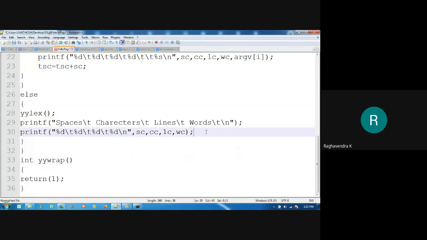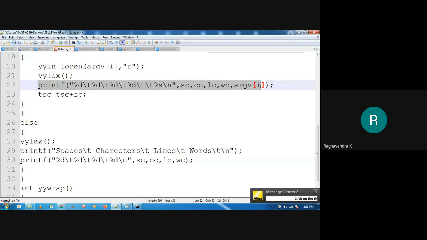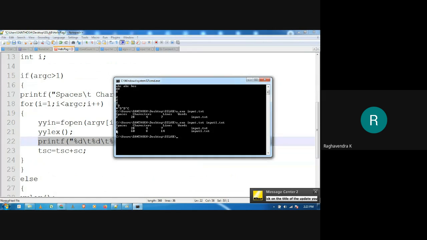So here, as we are printing the space count, character count, and line count, we can also put the total line count, character count, and so on and so forth. Okay. Now, one more thing that I forgot to do in the last case was, after every file, see here, if you observe the output, it's actually adding up. I don't think you noticed, but I'm not getting the proper output here. I'll show you what I'm talking about.